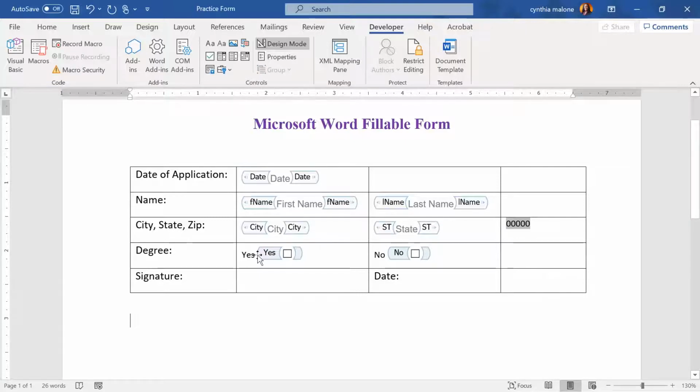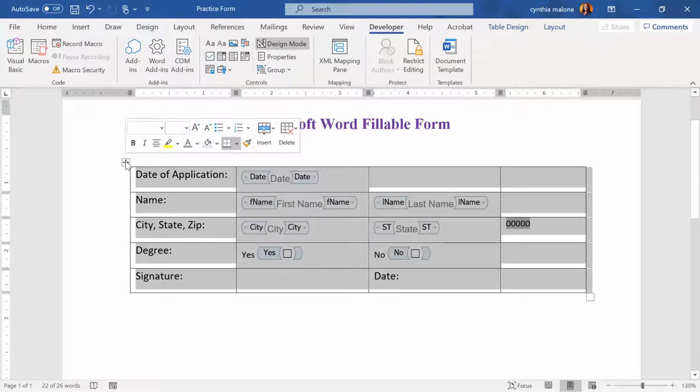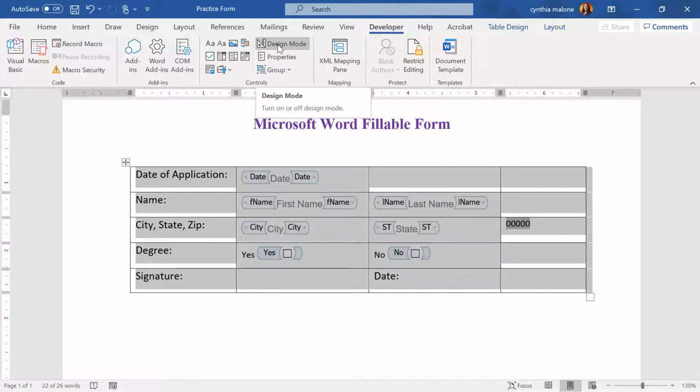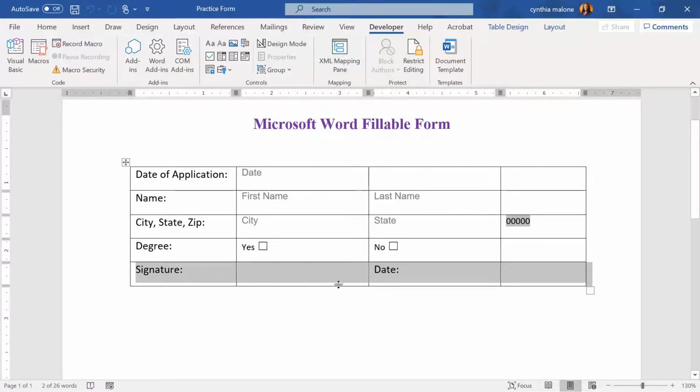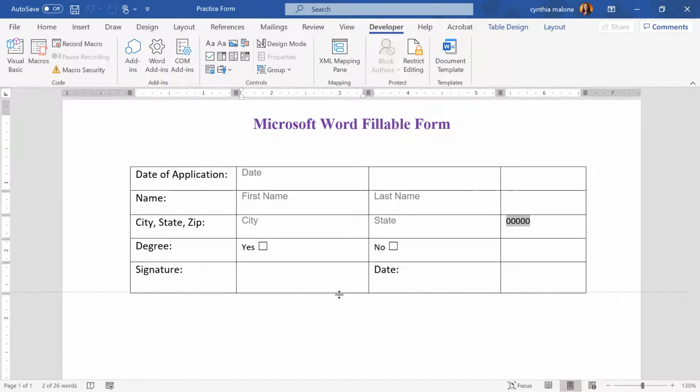Okay, so looks like we have all of our information that we want in our form. So why don't we do one last thing, and that is remove or turn off the design mode so that we can see what this form actually looks like. Okay, not so bad. All right, so I think what I want to do is see if I can make this a little bit bigger,